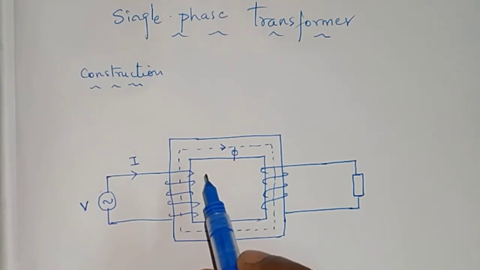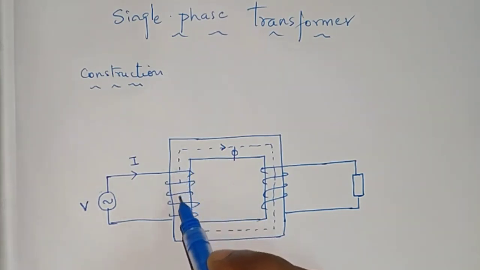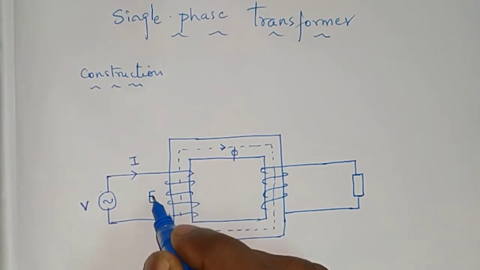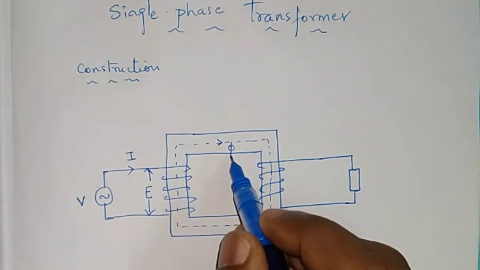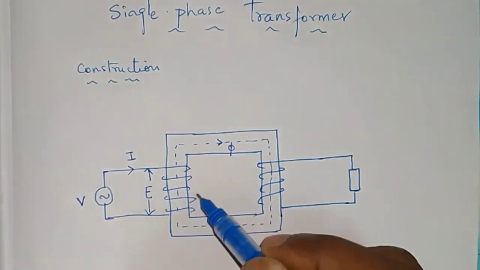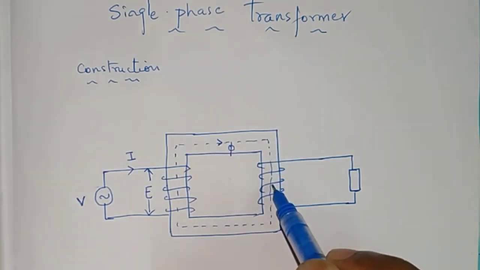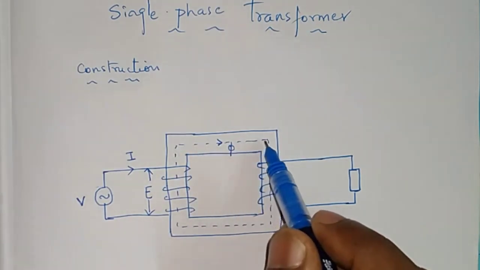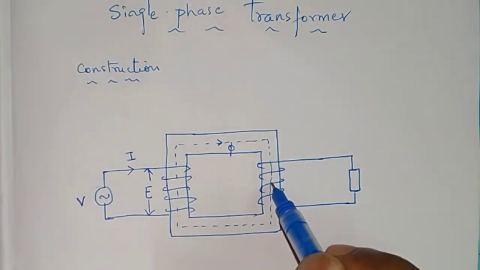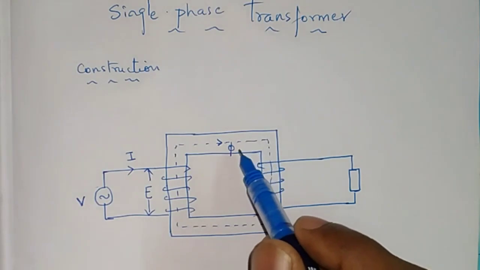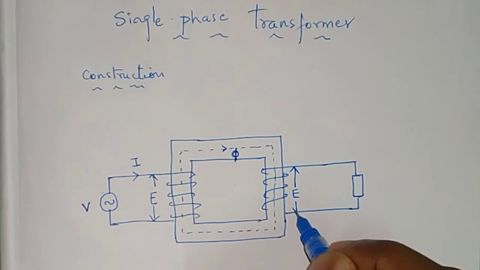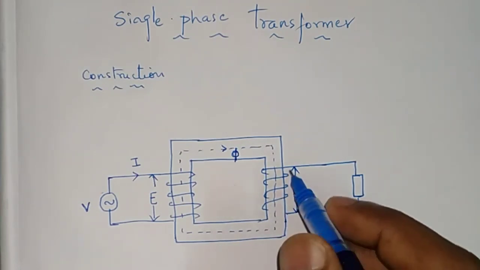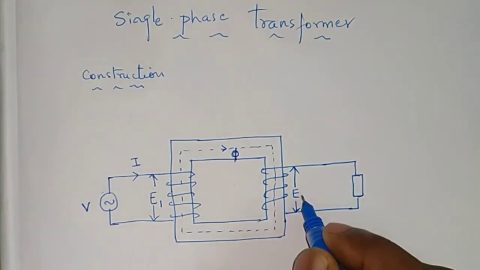According to Faraday's law, we know that whenever flux changes, EMF will be induced. So because of this flux which is produced in the primary side, an EMF will be induced. I'll take it as E. E is nothing but EMF induced in the primary winding. The magnetic flux which is produced by the primary winding will link to the secondary winding also. You can just see the path of magnetic flux which will link the secondary winding. Because of this flux, EMF will be induced in the secondary side. So I will just write E, which will represent the EMF induced in the secondary side. In order to differentiate, I will take this as E1 and this as E2.